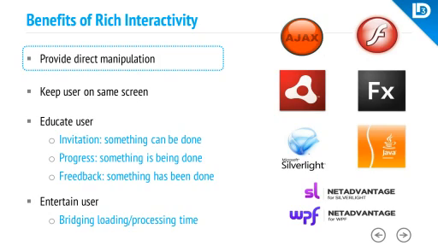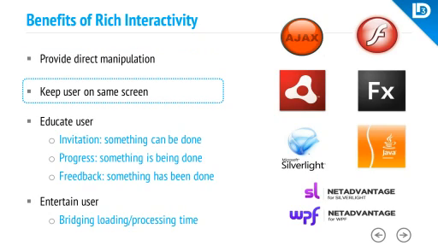As opposed to finding another screen somewhere through my menu hierarchy, and that screen would allow me to enter some X, Y, and Z coordinates to manipulate and to rotate my globe. So if you can do something directly, you should allow your users to do that, and that's one way of rich interactivity, because it's direct object manipulation.